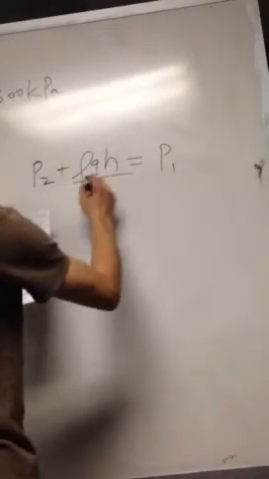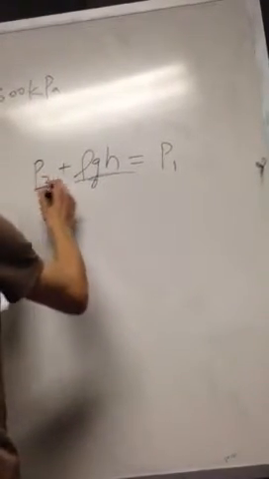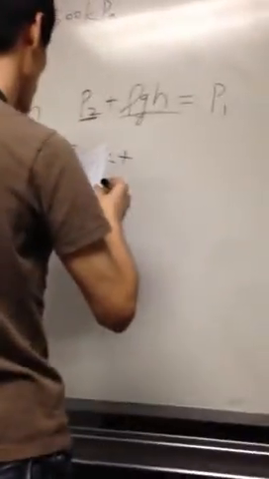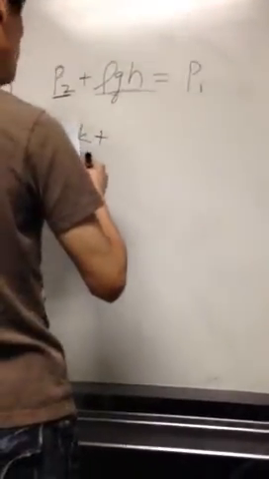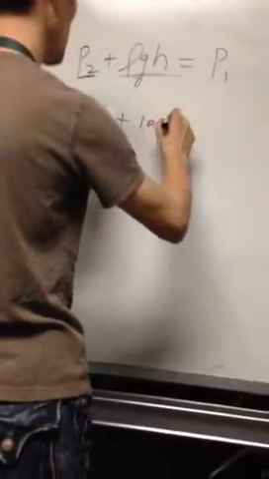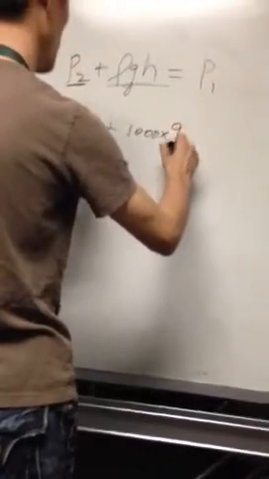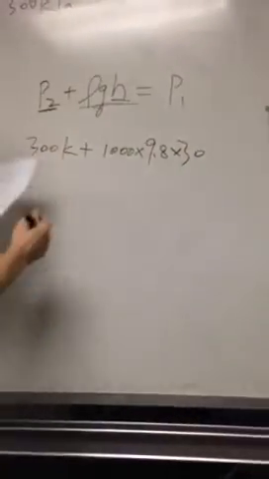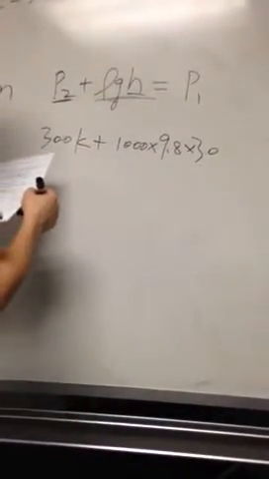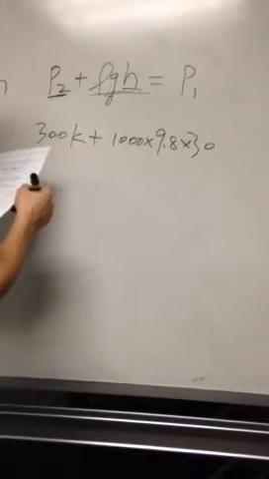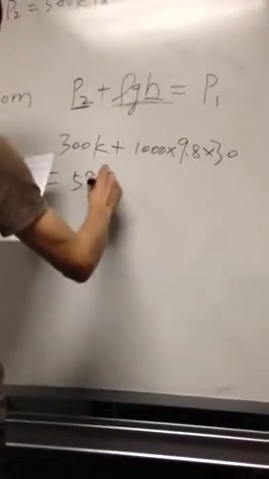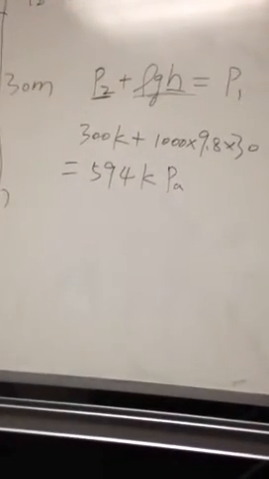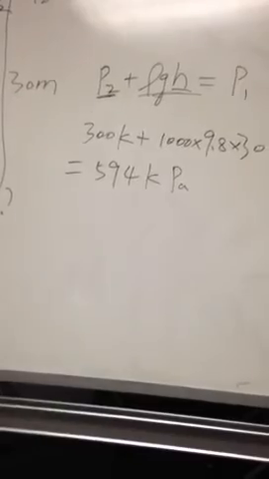So the difference will be this. And then we know P2 is 300 K plus 1000 times 8 times H, which is 30. If you calculate, you get 594 K. Okay? You understand here? Yeah. It's only the